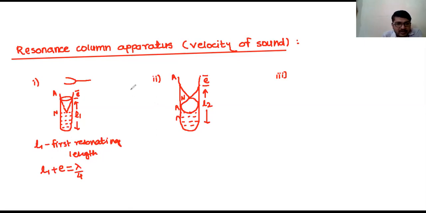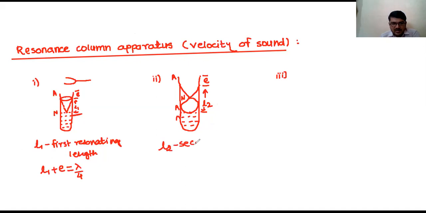But wait, because here I am taking L2 till this water level only, not of the complete pipe, because we want to take the length of that resonating column which is still here only, not this point. Remember. Similarly, you can do here also like this. From here till that water only, L1. Okay, from where the waves are getting reflected, that only is your length. This is your L2.